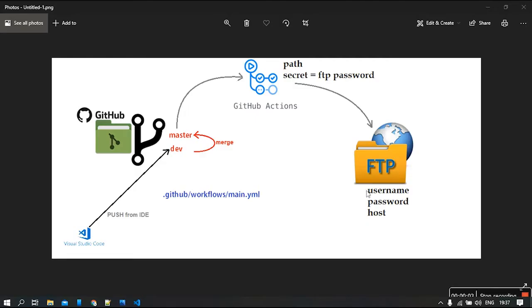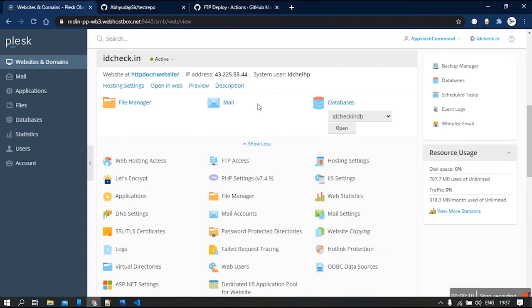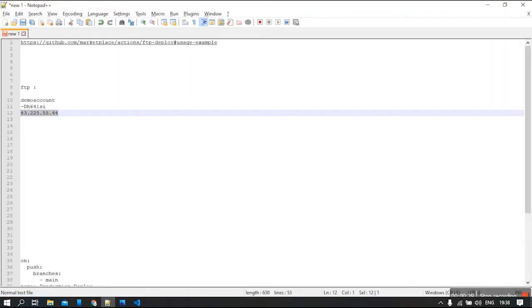After creating our FTP account, we have a username, a password associated with that username. Now we need to find the host, that is the address where this machine or the disk space is there, so that we can connect with it later on. Essentially on my Windows Plus hosting platform, I can find it right over here. It's an essential thing to connect when you are using FTP. So you will also find it in your cPanel as well. So I'm going to copy it and I'm going to keep it as a backup with my FTP username and password. So we are done with the 3 credentials that we required to connect with the FTP.